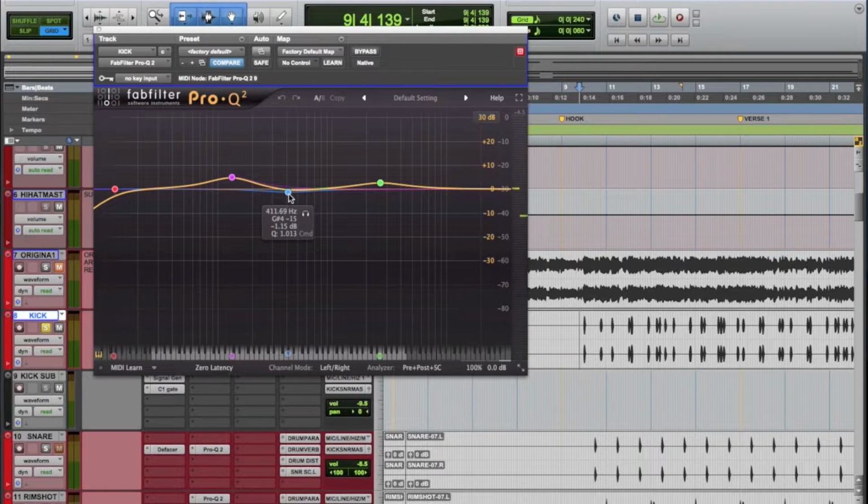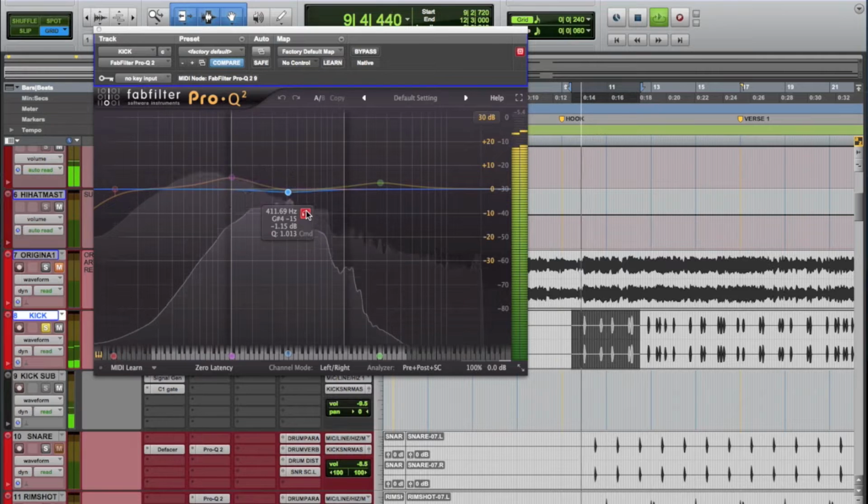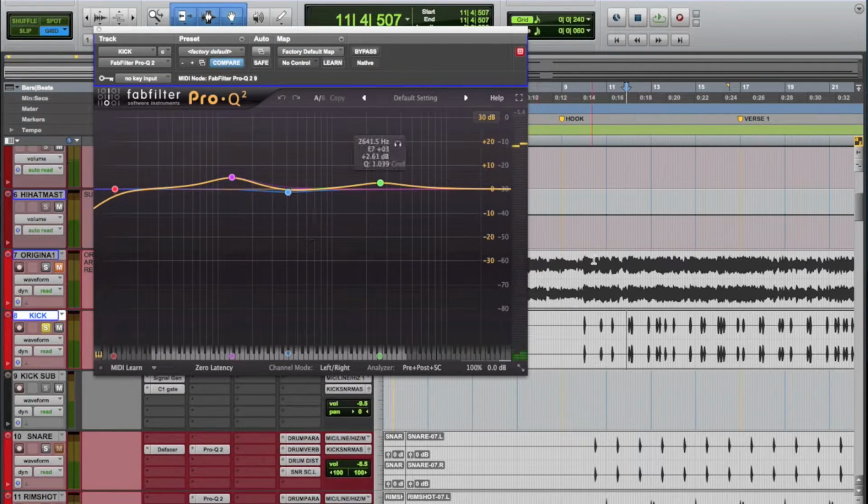Now I'm getting rid of this mid-range around 400. Let's take a listen to that, see what that is. A little bit of the boxiness. I'm getting rid of the boxiness here. So I'm doing a little bit of a low-end boost, a little bit of a mid-range cut, and then up here